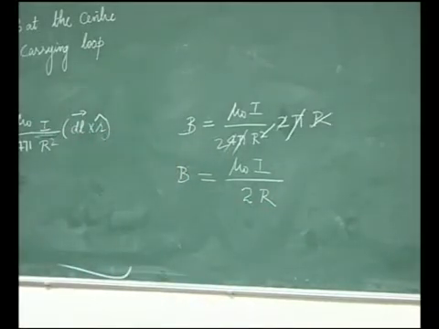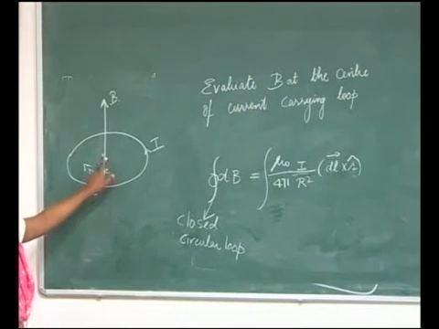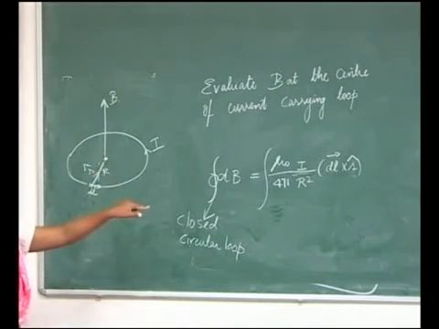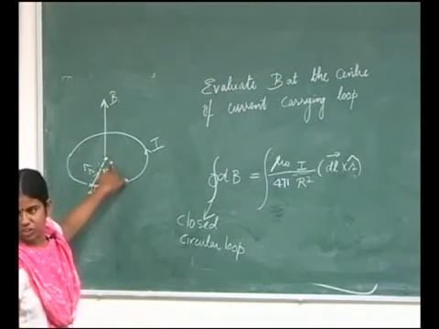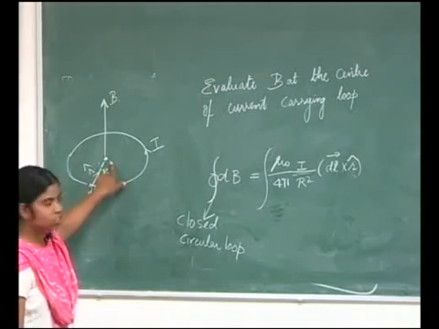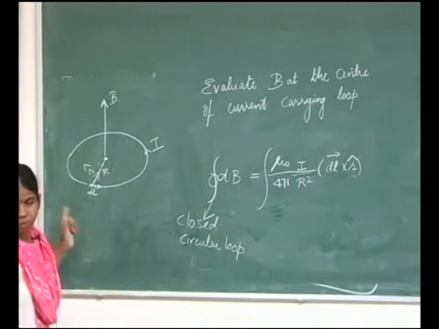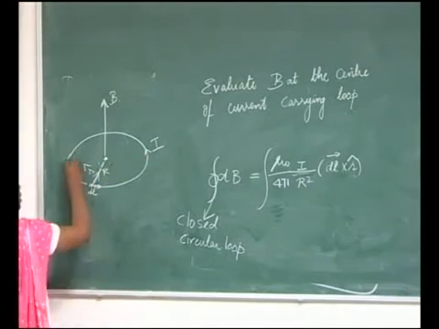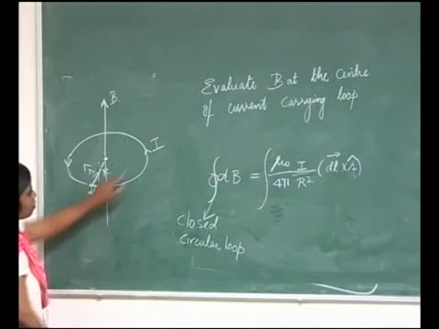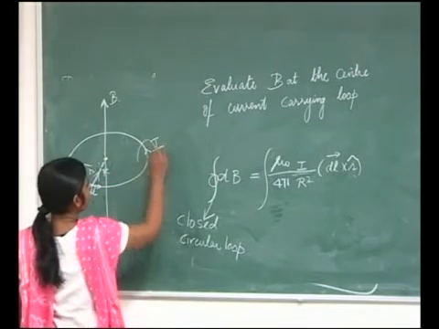So it means as I move away from the center, the field will fall. Okay. So what would be the direction of the field? Can you tell me? Can you draw the magnetic field in this current carrying loop? The magnetic field is here. What about this place? Here it is going like this. What about at the periphery? It will be like this.